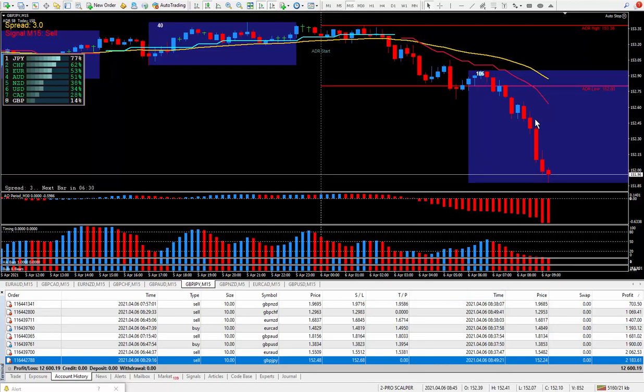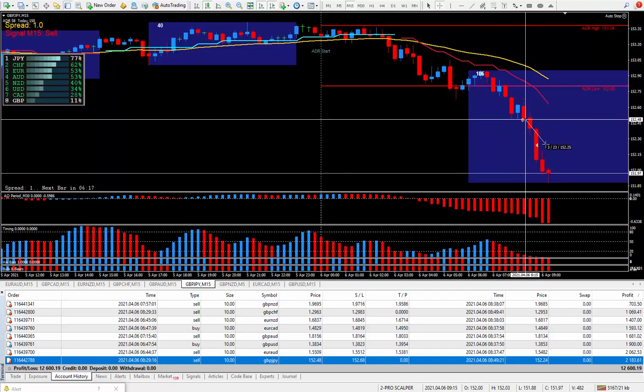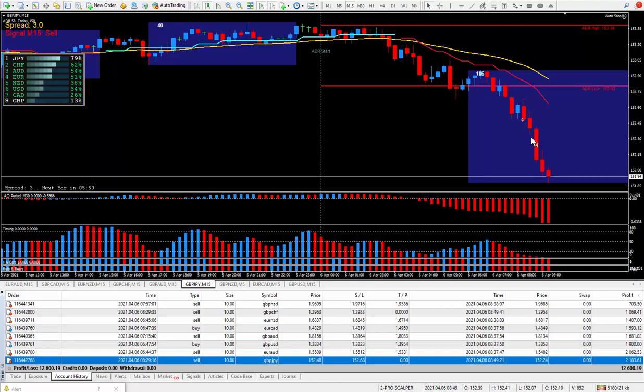By the way, I do teach how to stay in the trade for more pips. But actually, my goal every day is around 100 pips. And as you can see right here, there's a bunch more pips I could have made. But I was happy with this pip total, which was 24. Could have got like 58. But as I said, I closed it out with 24 pips, being happy. And 24 pips on the pound yen paid $2,183. Now remember, I teach how to stay in to grab those bonus pips, as there is absolutely no blue